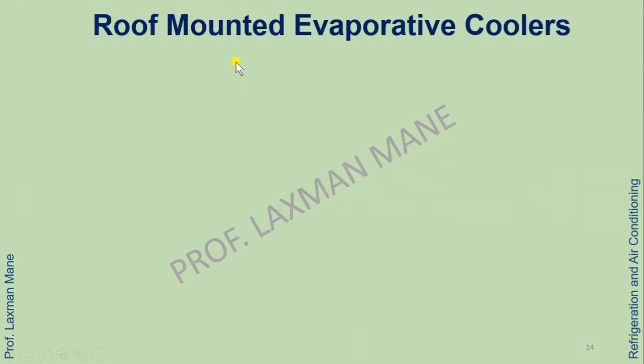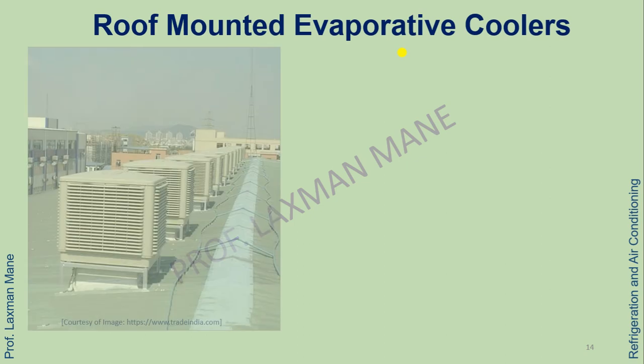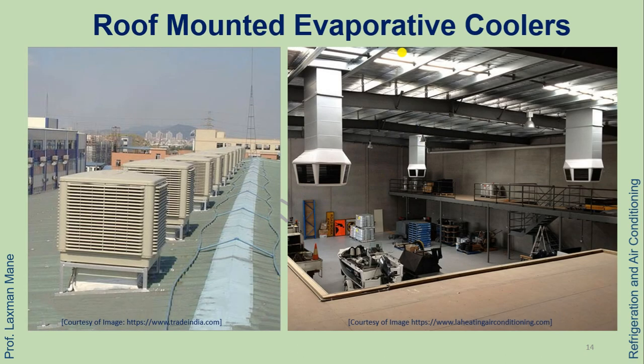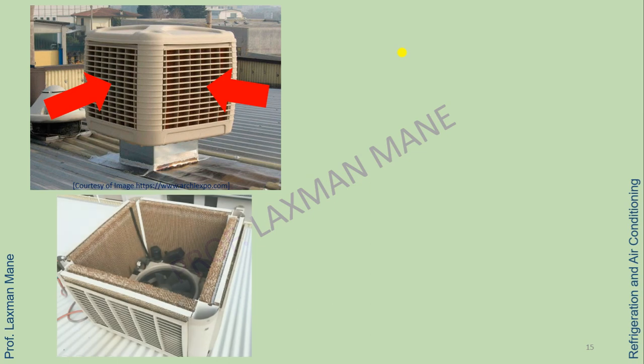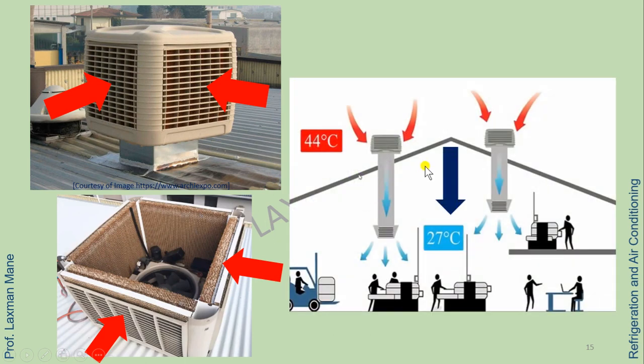In case of large quantity of air requirement, roof-mounted evaporative coolers are used, which consist of two units, outdoor unit and indoor unit. Outdoor unit sucks hot air from the outside by using fan, and this hot air is passed over the wetted pads. Thus, temperature of air is reduced. This cold air is brought to the working place. Especially these types of coolers are used in manufacturing industries.